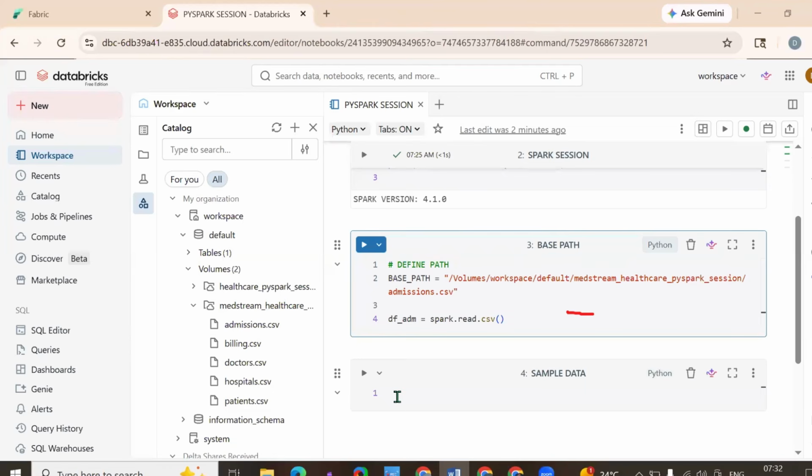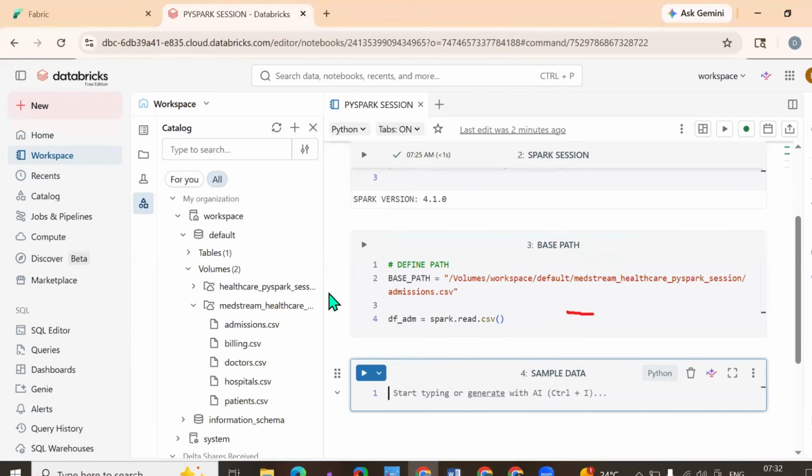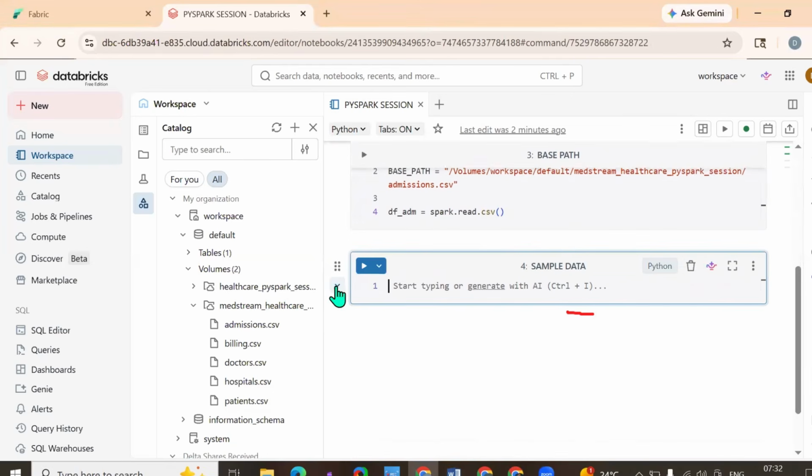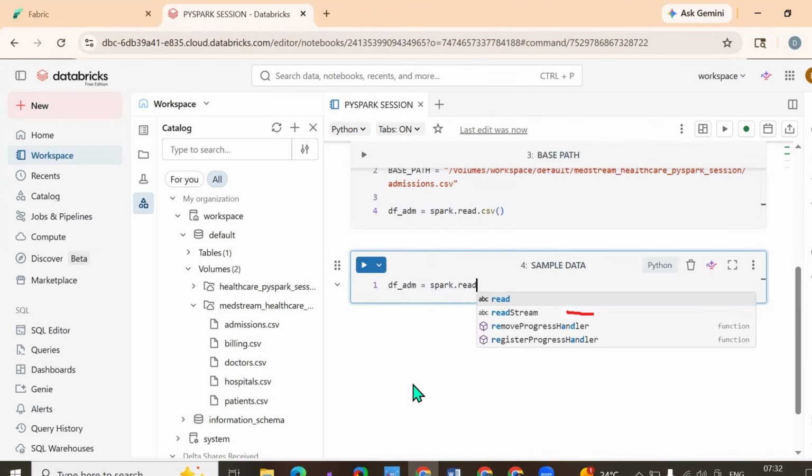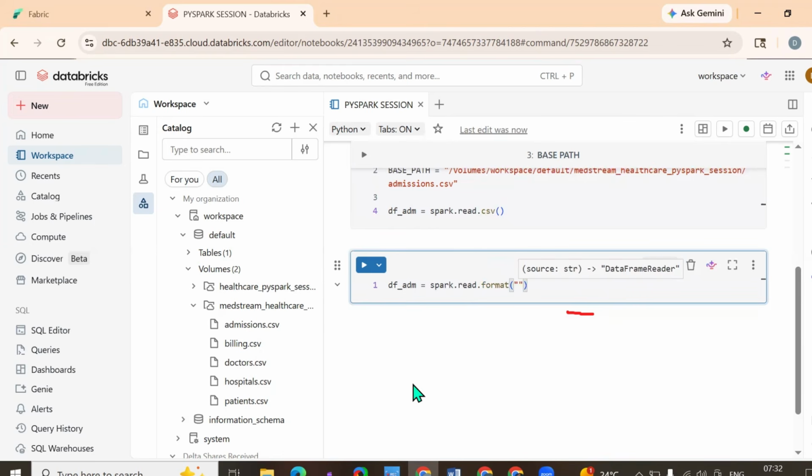Okay, so what do we do? Let me, oh, where is that? Where did it go? Okay, so let us enter again. df underscore adm equal to Spark dot read, dot format, open the bracket, double quotes,